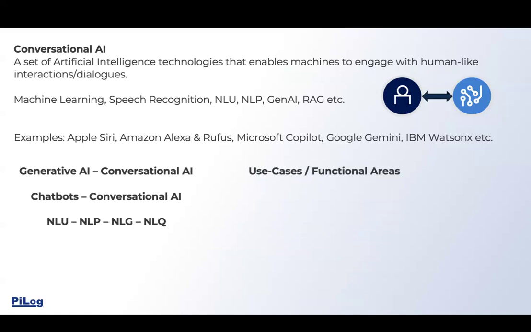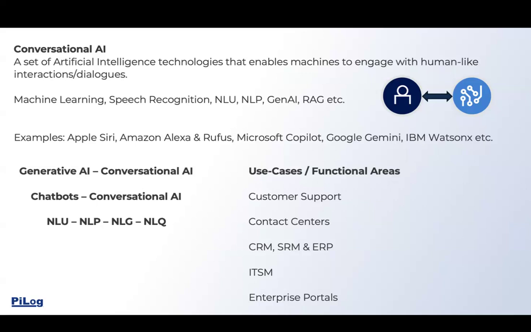Now, what are the functional areas where these conversational AIs have been very successful? If you look at it, the top one is customer support. Most of the customer support solutions or applications have conversational AI one way or the other. Some of them are at a lower maturity level, some at a higher maturity level, but customer support has one or the other form of conversational AI. And most of the contact centers these days have also been transformed to conversational AIs, and CRMs. Most of the popular CRMs have got conversational AIs, or CRMs that are specific to an industry or a portal. Some of the ERPs also brought in conversational AIs,